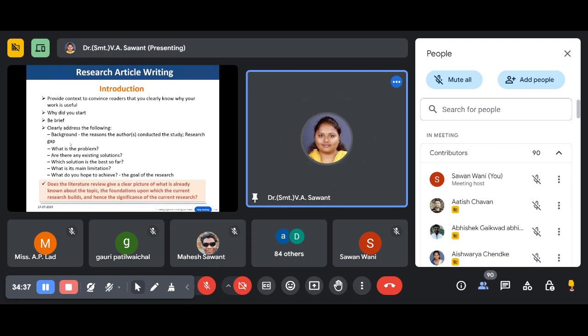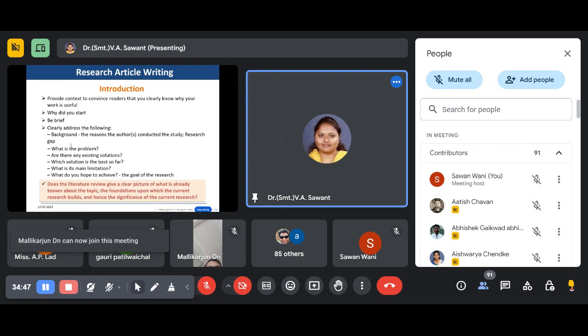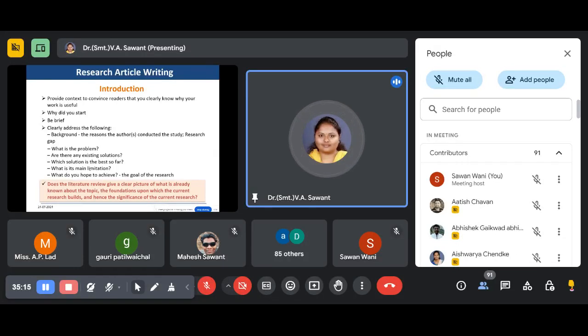So write in brief the background of the research, write about the problem which you are going to address. If there is any existing solution, give those solutions, the best solution, and then the limitation. These 3 points are related to your literature review, because in a research article there is no separate section for literature review. So along with the introduction you can present the literature review in brief, not in detail, but make sure that you present the existing solutions, the best solution, and if there are any gaps or limitations of the present